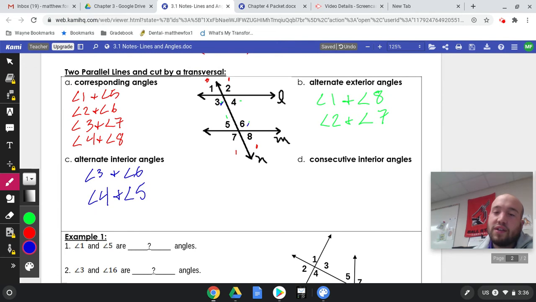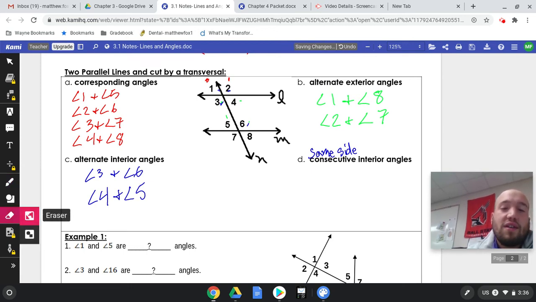Okay, and then the final one, consecutive interior angles. I want you to know consecutive, another word for that is same side. So consecutive, think of it as one after the other. Same side is another way to think of this. Also, consecutive is not based on these numbers, like 1, 2. I know those are consecutive numbers. They're not consecutive interior angles, though. These numbers are simply just labels. They mean nothing in terms of where it's at. I could have mixed it up and it would still be the same